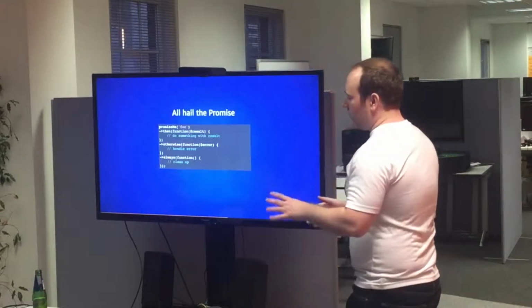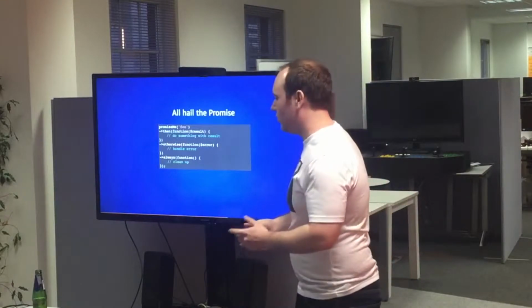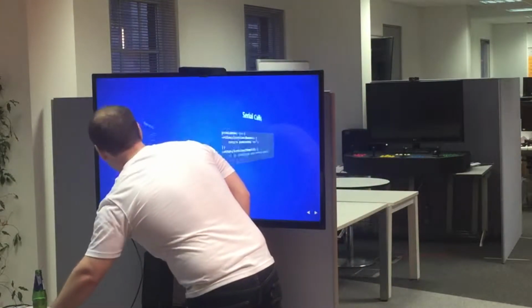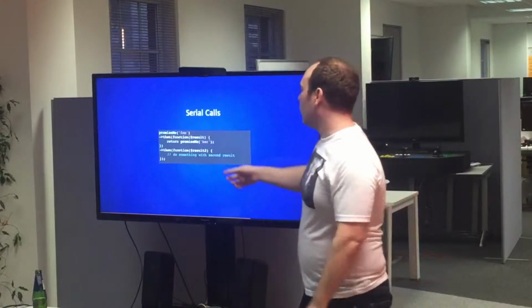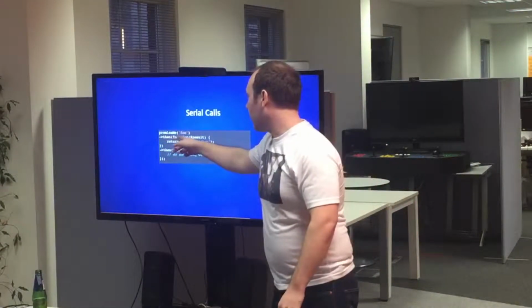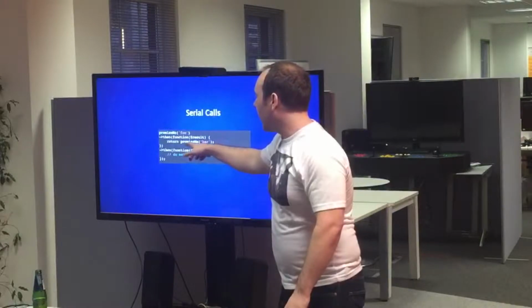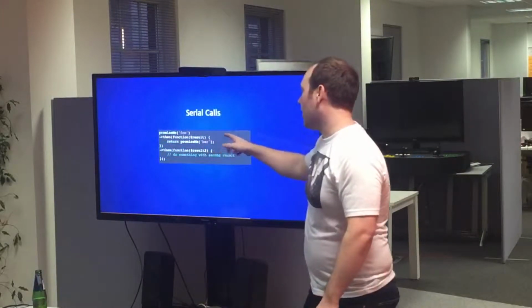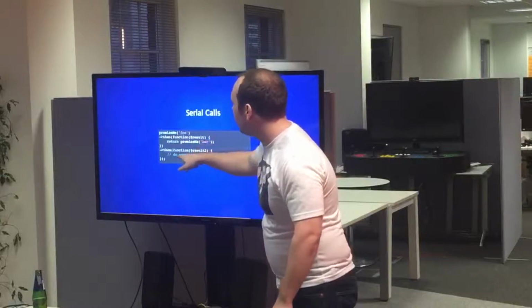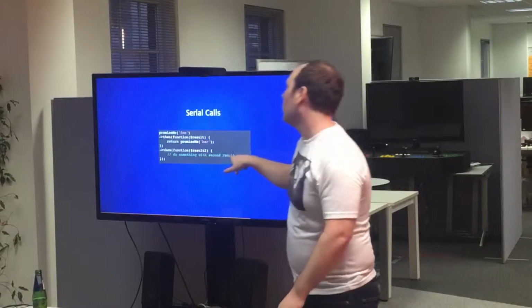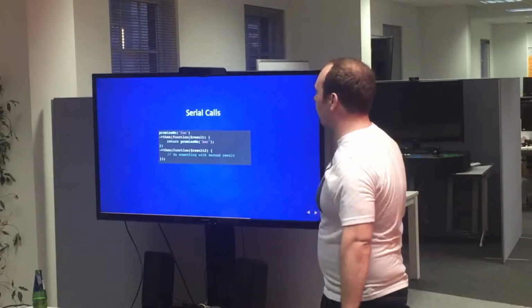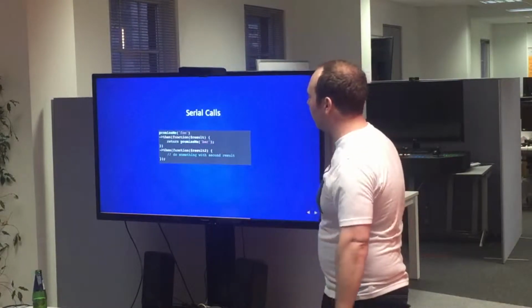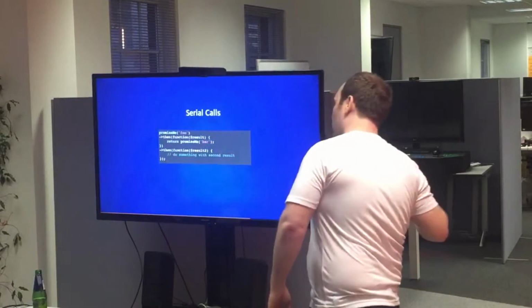So it looks a bit like exception handling, so try, catch, and finally, which is really nice. It allows you to do really cool stuff. If you're doing this asynchronous behaviour, you want to do your serial calls, you can get your promise and say then, do something with the result, and then you can actually, from within this then function, you can return another promise, and then when this one is finished, you'll then come back out to this level and do something with the result of that call. So what happens is you can have this really long serial chain of asynchronous behaviour, but it just goes straight down instead of going all the way across to the right.